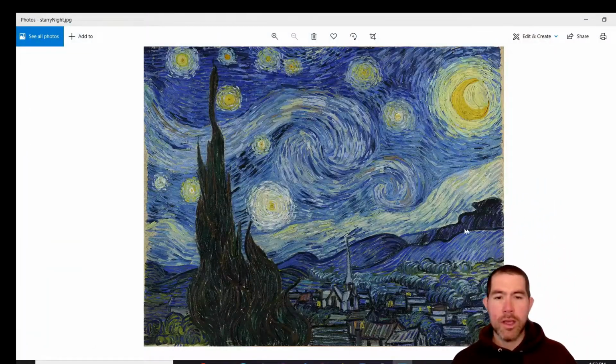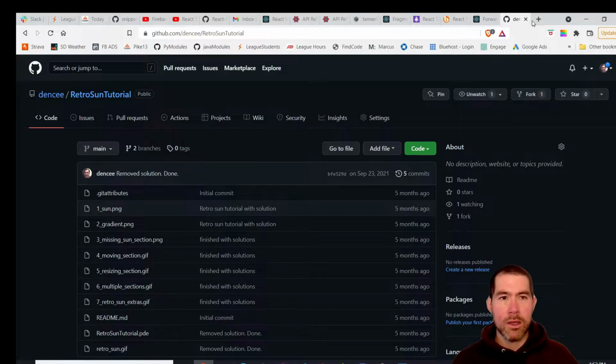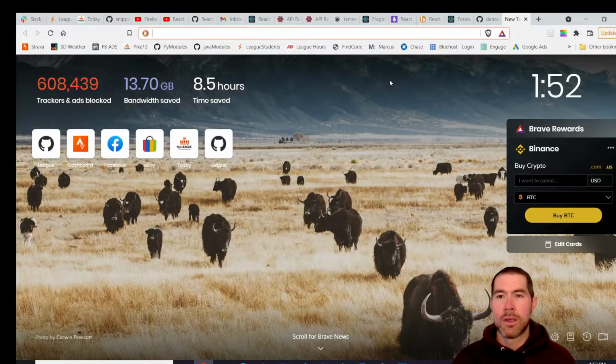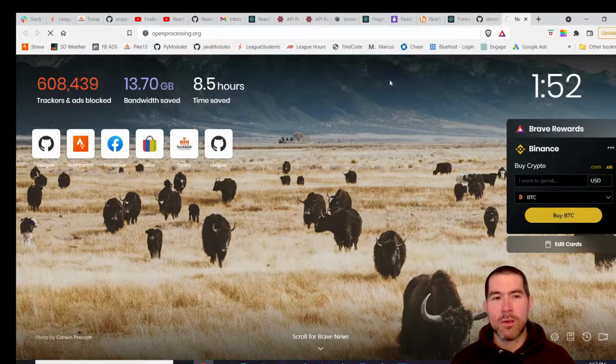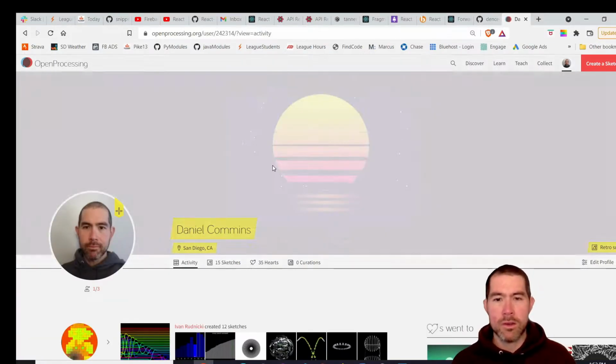So this is Starry Night, one of Vincent van Gogh's most famous paintings, and today we're going to make a program that's going to create this painting with a cool paintbrush effect. And we're going to do it in JavaScript. And I'm going to code it using OpenProcessing. It's a cool website where you can just code right in the browser, and it's going to show you everything